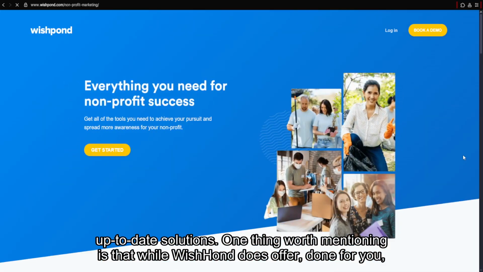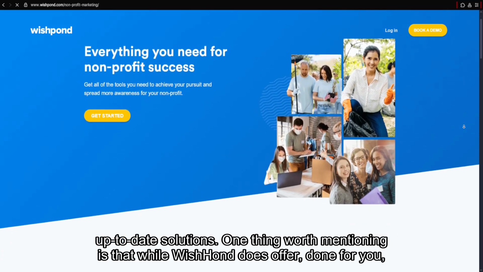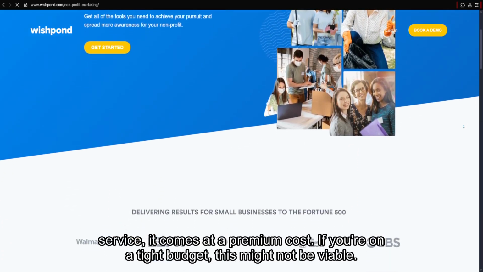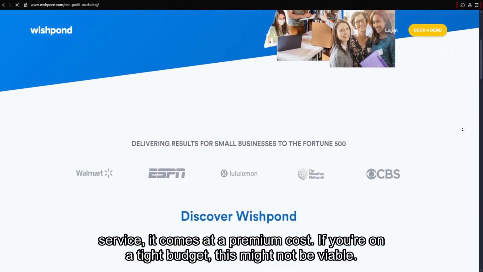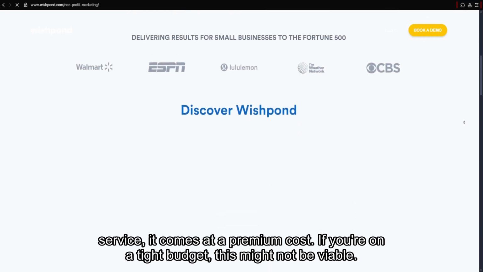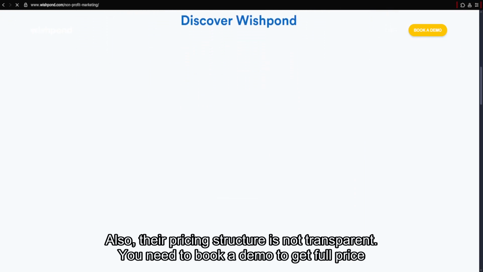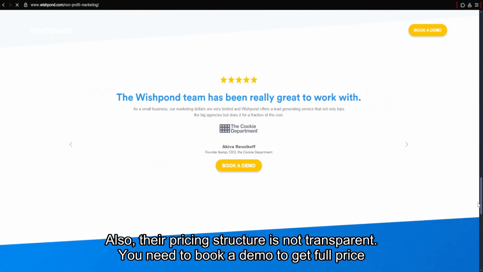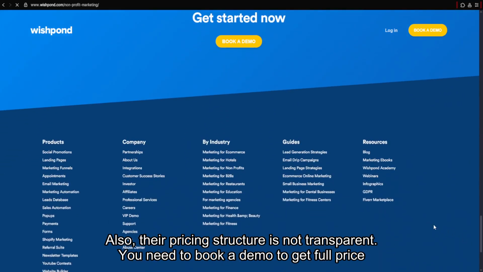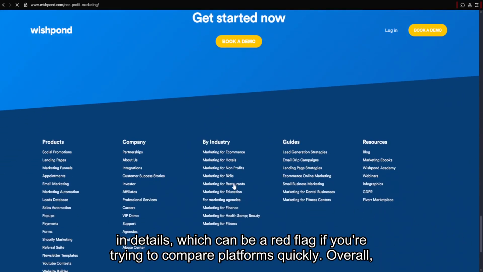One thing worth mentioning is that while Wishpond does offer a done-for-you service, it comes at a premium cost. If you're on a tight budget, this might not be viable. Also, their pricing structure is not transparent. You need to book a demo to get full pricing details, which can be a red flag if you're trying